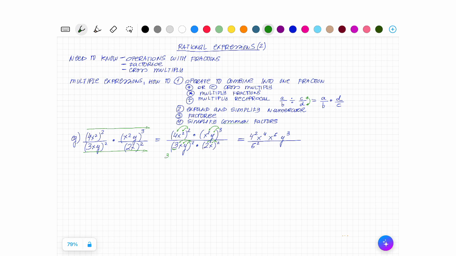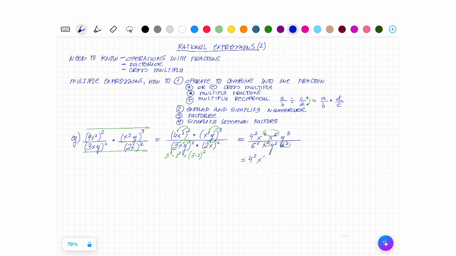Remember that 3 squared times 2 squared is the same as 3 times 2 squared, so I'm just going to leave it as a 6, and then x to the 2 y squared, and then an x squared as well. So I'm going to be able to combine this and this here, and that would leave me with